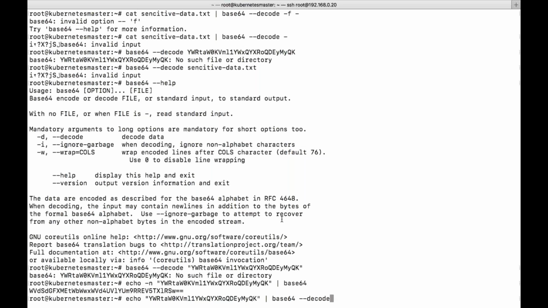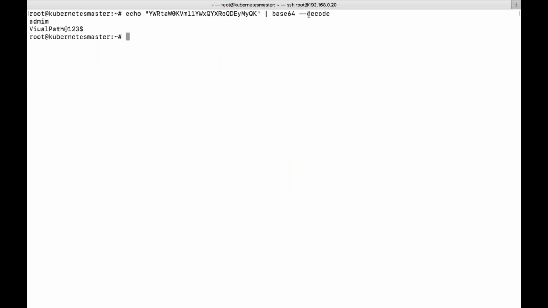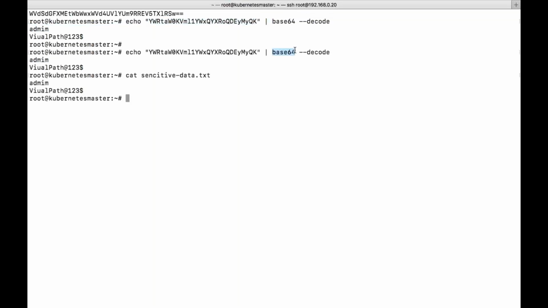This is the command we need to use in order to decode your data. Now you can see I gave echo with this encoded value, and the information I have is admin. I made a mistake here, instead of N, I gave M only. So admin, and you can see the actual password. This is the methodology, algorithm, tool, whatever you call it, that they use to decode your sensitive information. It is the base64 command, which protects your data.